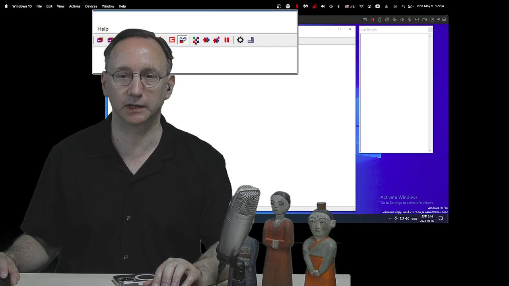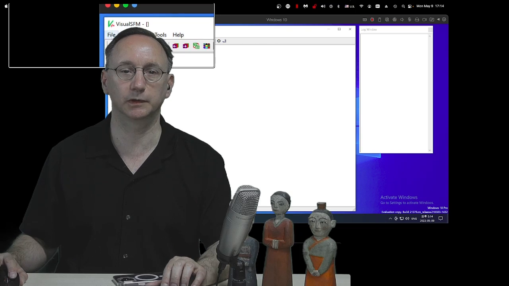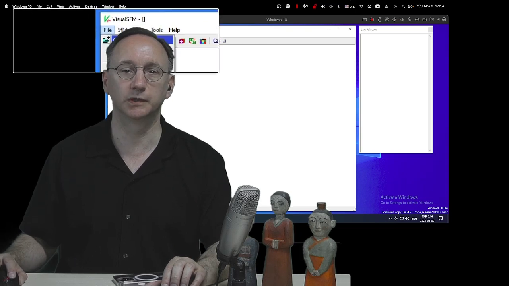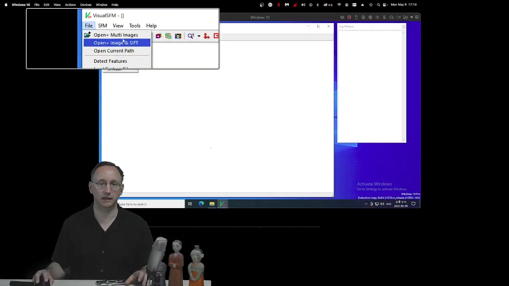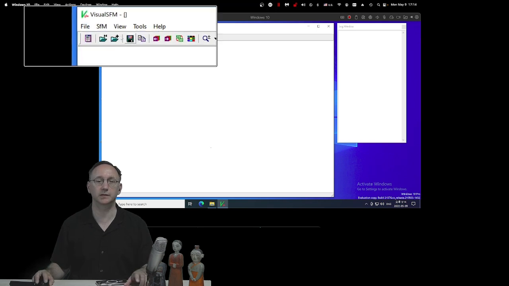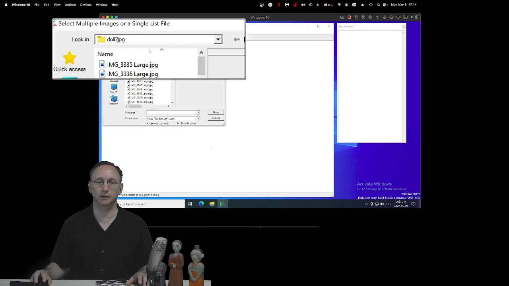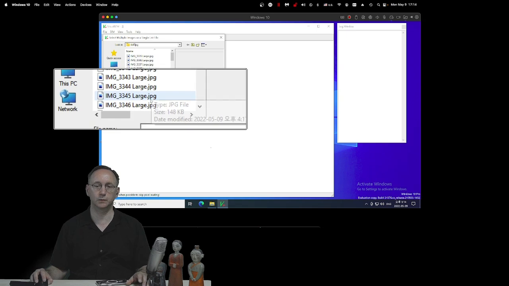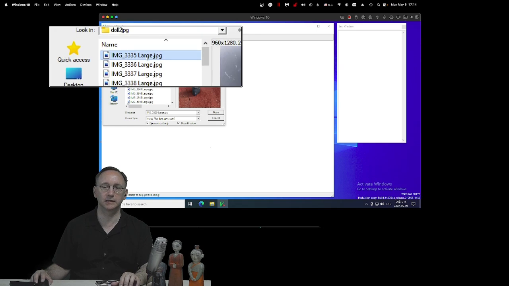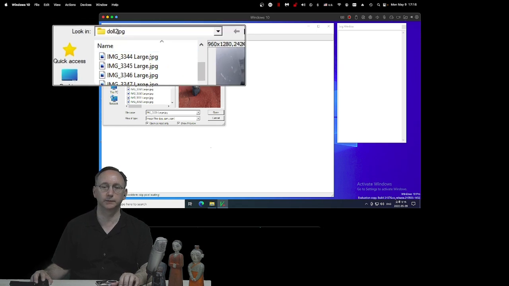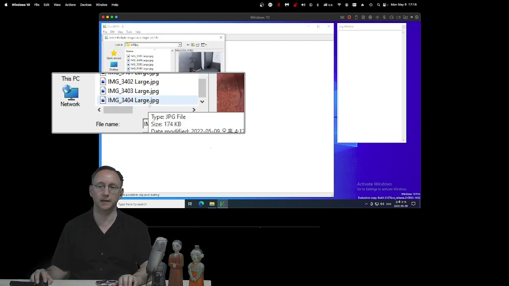To show you how this works and what is actually happening, I'm going to do this with new. So in the first part, I'm going to open multiple images, and you can see this dialog here, the multiple images. If you go to File, Open Multiple Images, the dialog appears, and then you can choose the images that you like. In this case, I'm going to choose all the images from beginning to the end,